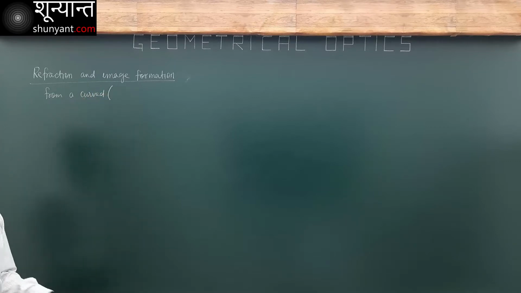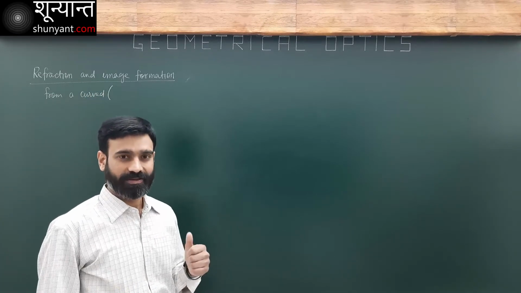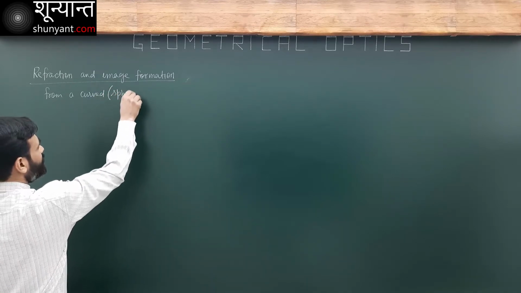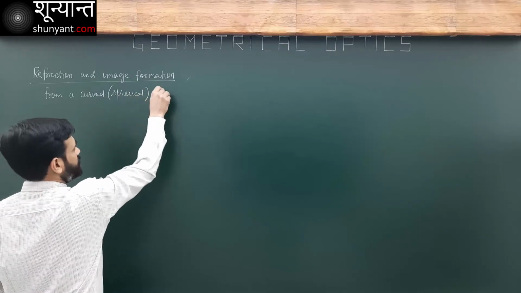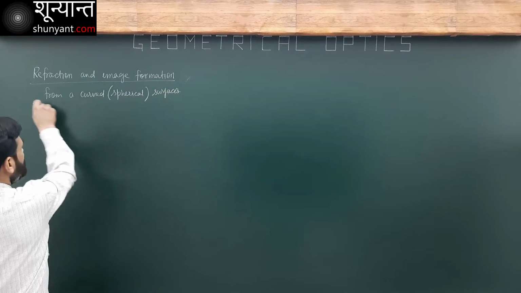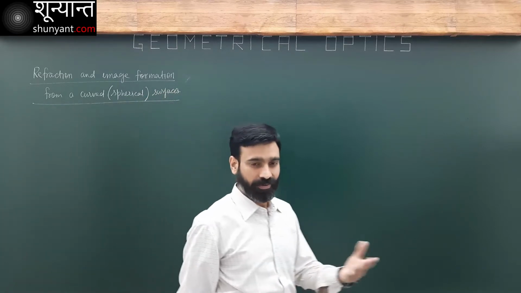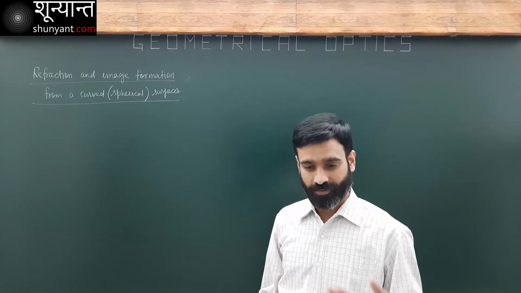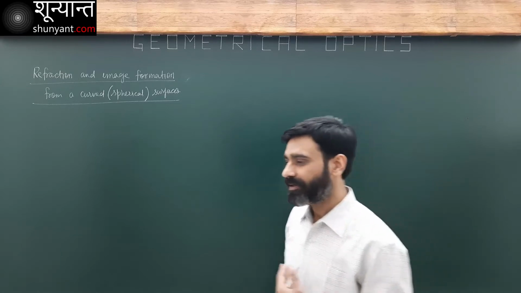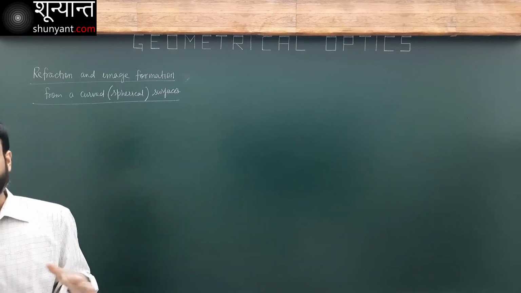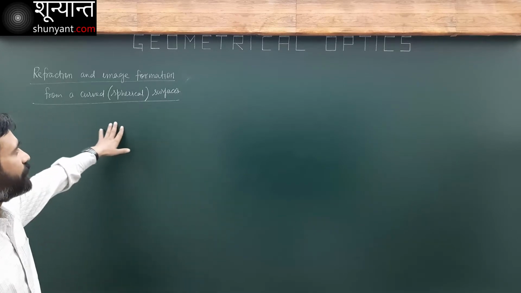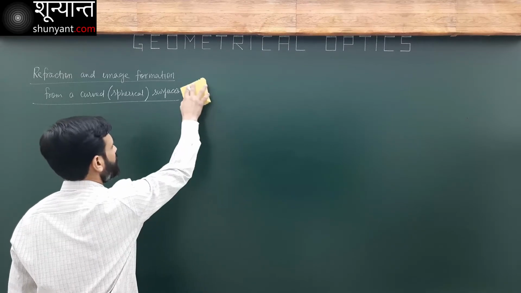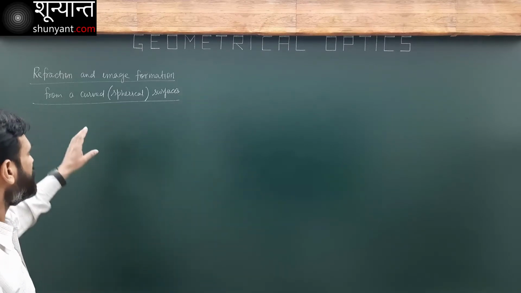Not any type of curve. We have to study the simplest curve. From curve means spherical, only spherical surfaces. The surface can be of any type. In mirrors also we studied only the spherical mirrors, not any other type. We have parabolic mirrors, elliptical mirrors, different types of mirrors, but we studied only the spherical mirrors. Here also we are going to study only the refraction and image formation due to refraction from a spherical surface,